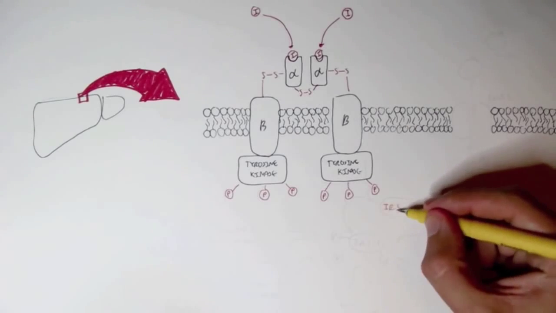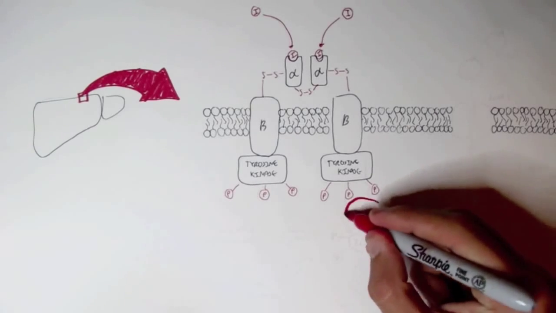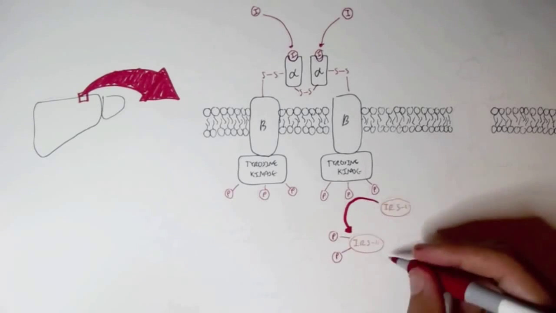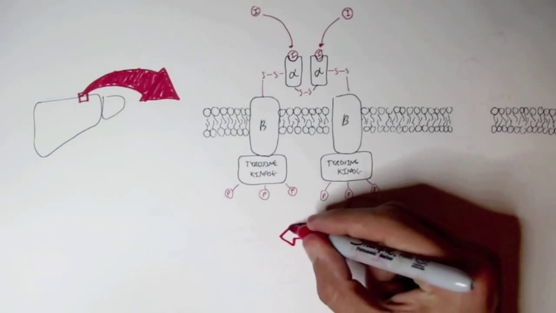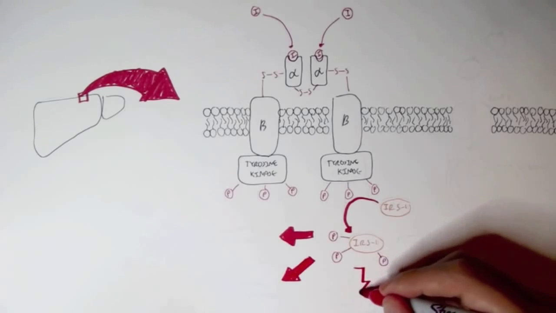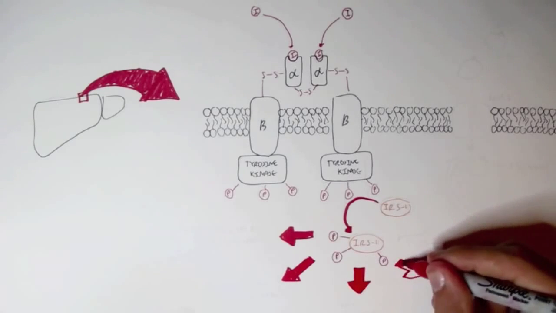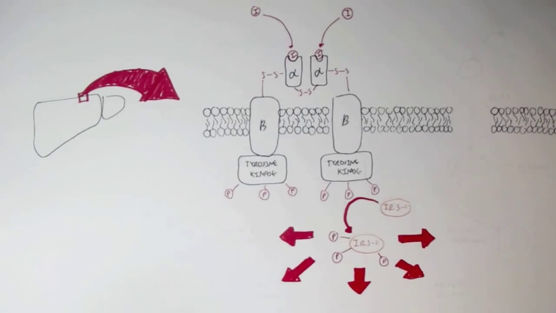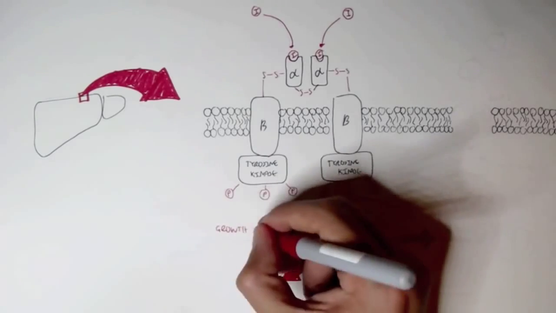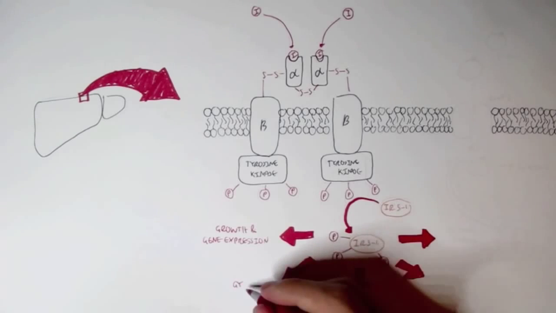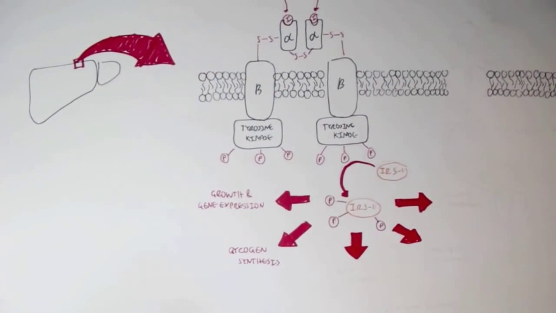Once insulin binds to the alpha subunits, and there need to be 2 insulins binding to the alpha subunits, it will cause an inner membrane protein known as IRS1 to be phosphorylated, and this will activate IRS1, which is the target protein. IRS1, once phosphorylated, has many effects on that particular cell, such as promoting growth and gene expression. IRS1 can also promote glycogen synthesis for storage of glucose.